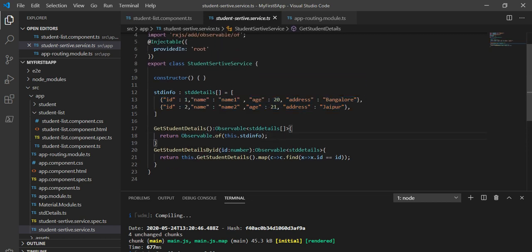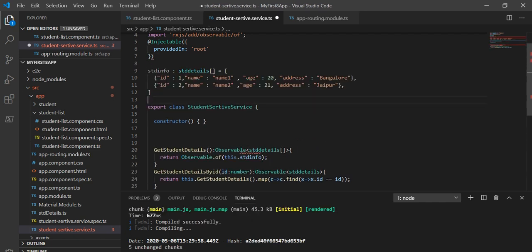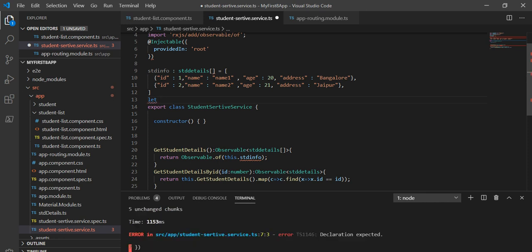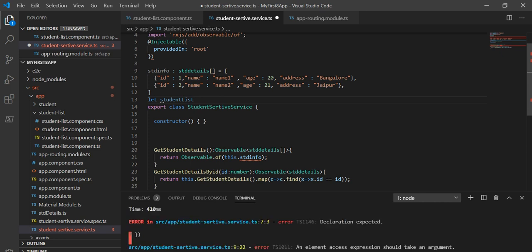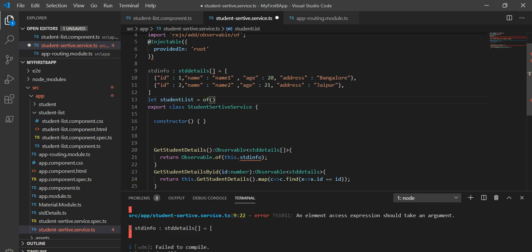What I will do is take this full information from this function. I'm going to take one variable, like let student list, and assign this information to it.